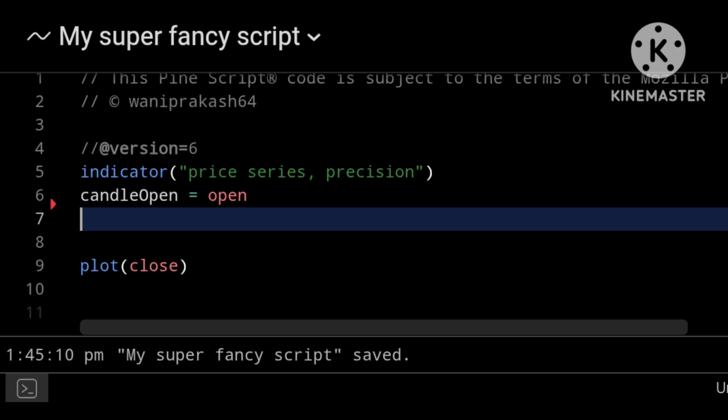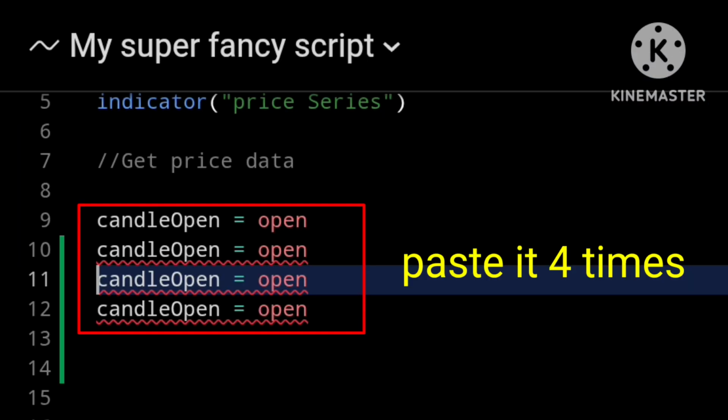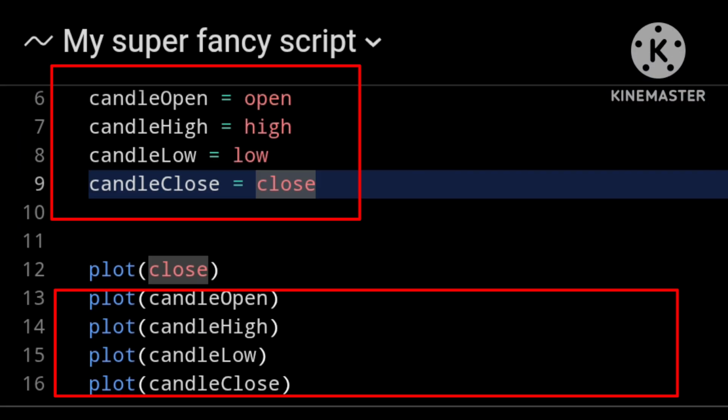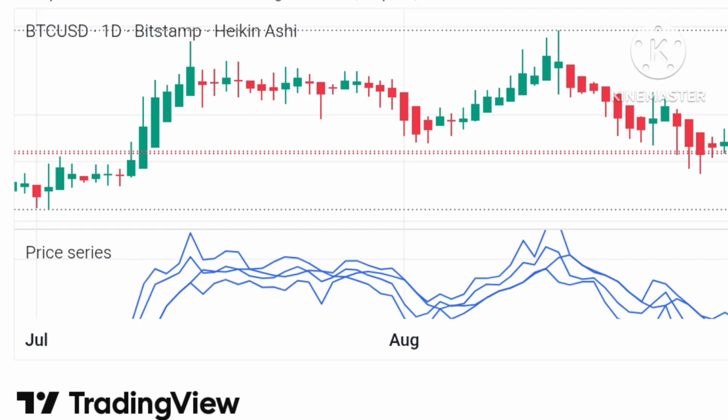So I am going to use a comment here and say draw candle data onto your chart. I am going to paste candle open in there. Copy this and I will paste it 4 times. And I will just paste in each variable here. And let us change the color of each plot, because if I save the script down, we are going to get 4 blue lines drawing onto our chart and we cannot tell what is what.